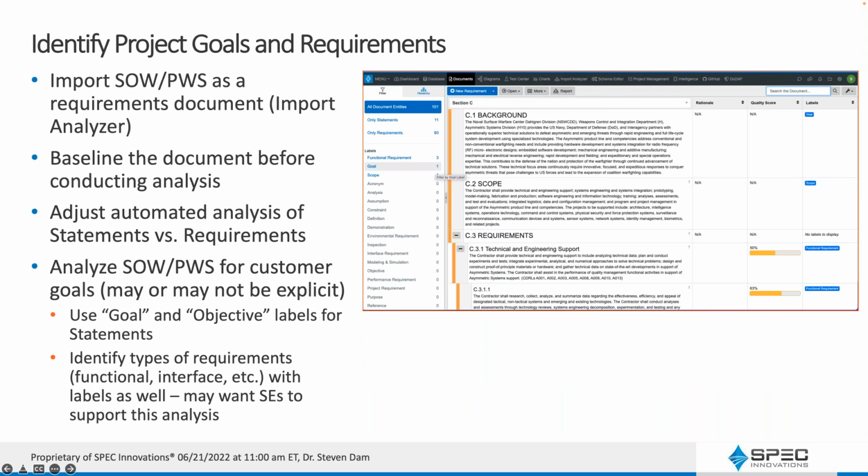Another thing you want to do in the process is identify the project goals and requirements. And of course, one of the things we can do is import the SOW or the PWS, statement of work or performance work statement. They're kind of flip sides of each other; there are nuances and differences, but they're fundamentally the same kind of document. We treat that as a requirements document. We can use the import analyzer to import it, then go through and baseline it,